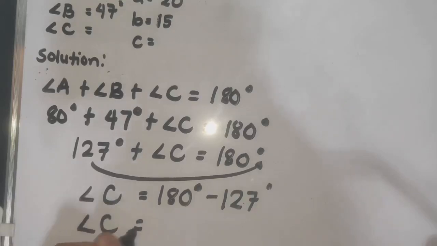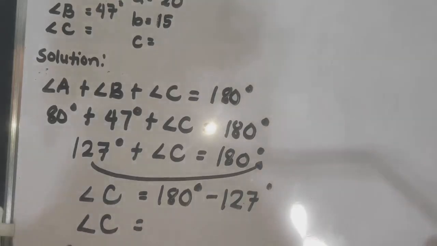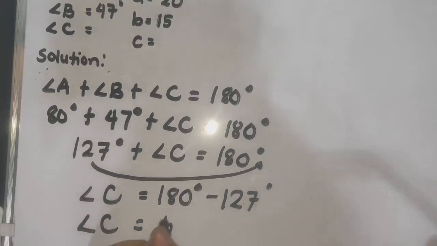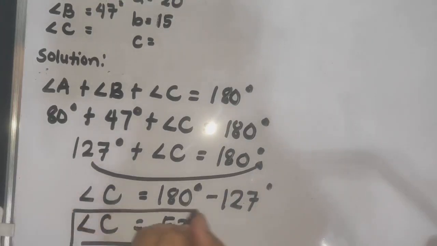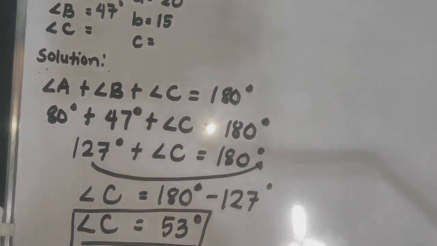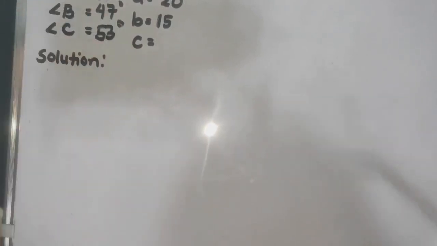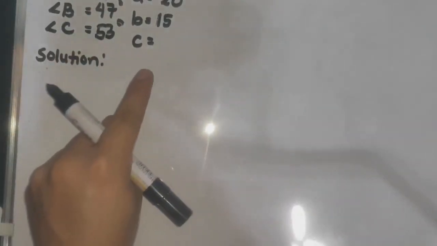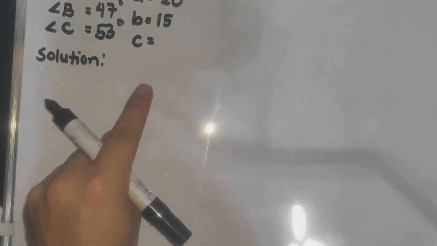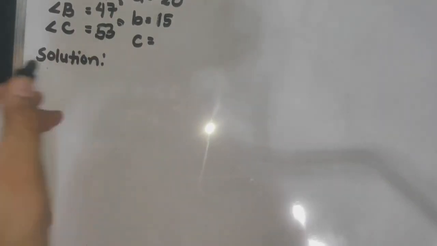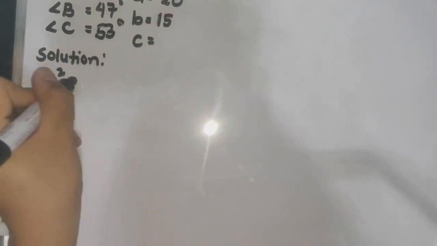So, the value of angle C is 53 degrees. So, ito ang value ng ating angle C. So, ang value ng angle C natin is 53 degrees. So, isang side na lang yung nawawala. So, pwede natin gamitin is the law of cosine, which is C squared is equal to